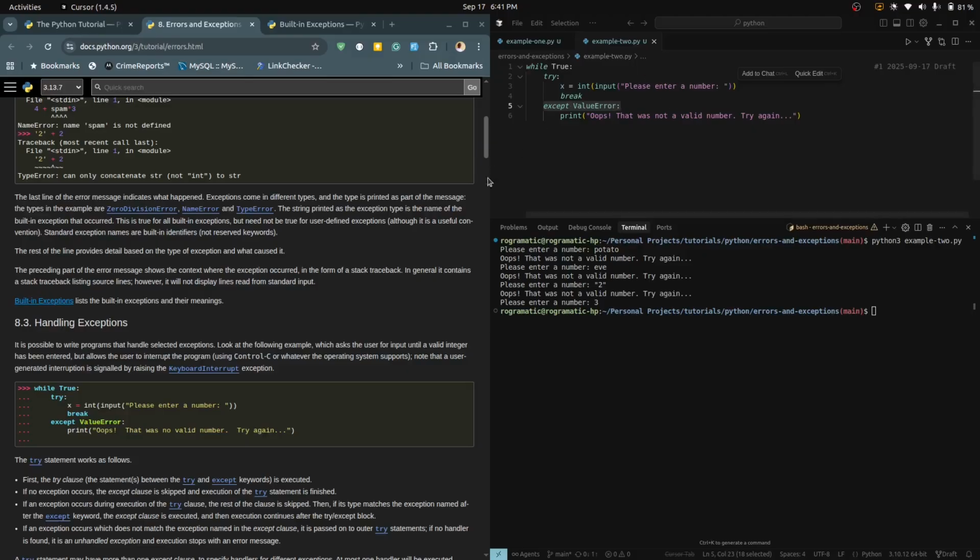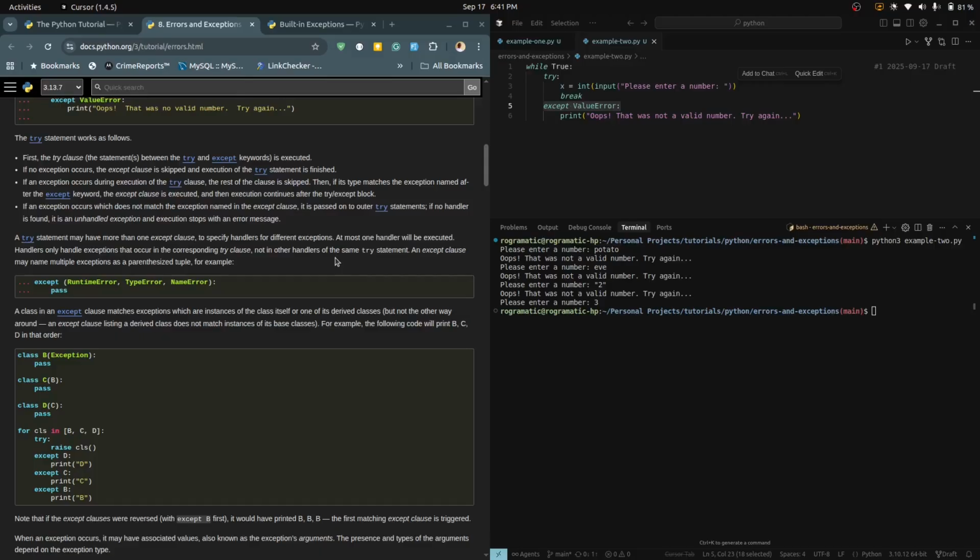displayed to the user. A try statement may have more than one except clause to specify handlers for different exceptions. At most, one handler will be executed. Handlers only handle exceptions that occur in the corresponding try clause, not in other handlers of the same try statement. An except clause may name multiple exceptions as a parenthesized tuple. You can list them like this instead of listing them one after the other